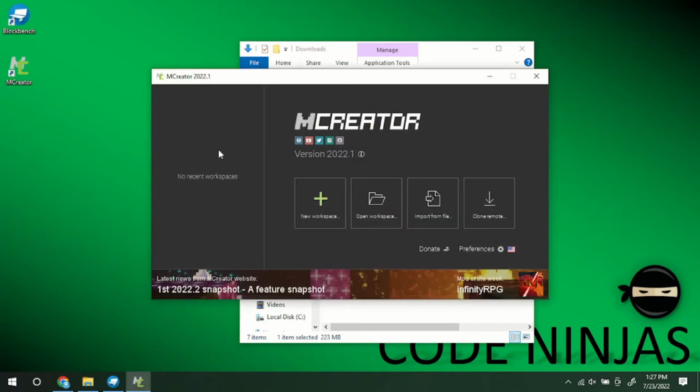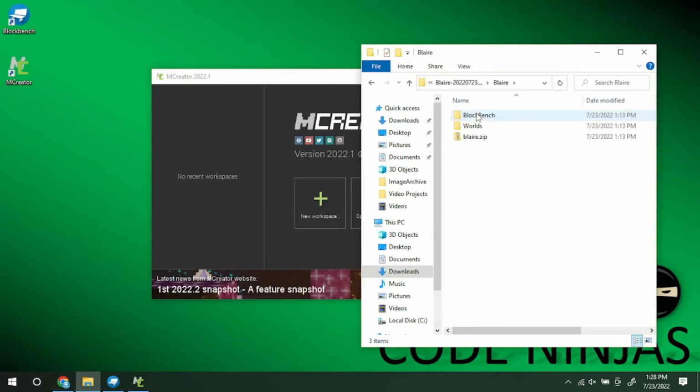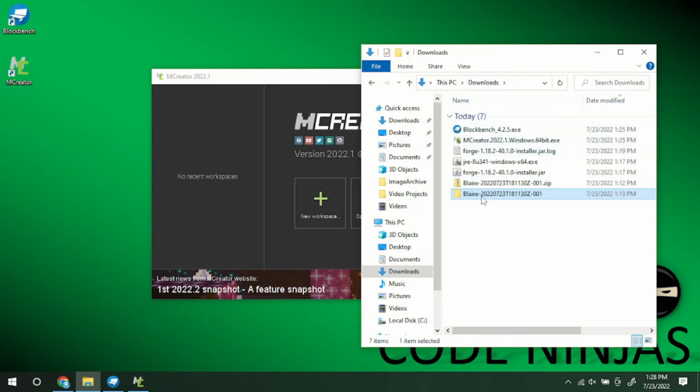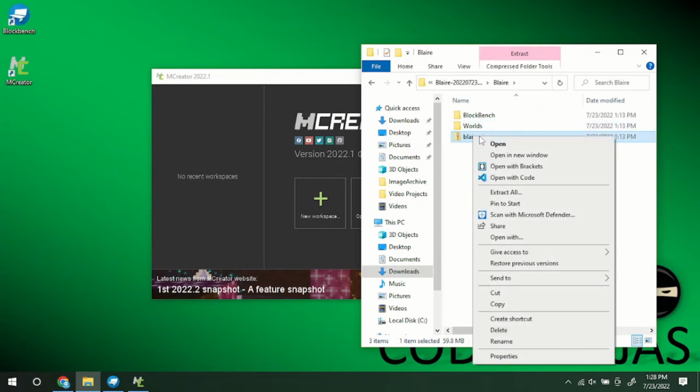As you can see, if you don't have your workspace imported, you would have to create a new one and then start from scratch. However, if you remember, we downloaded our workspace from camp. That is contained in the zip file contained inside of the larger file that you first downloaded. This one you extracted into here, and inside of that is the workspace files. So we are going to extract this,